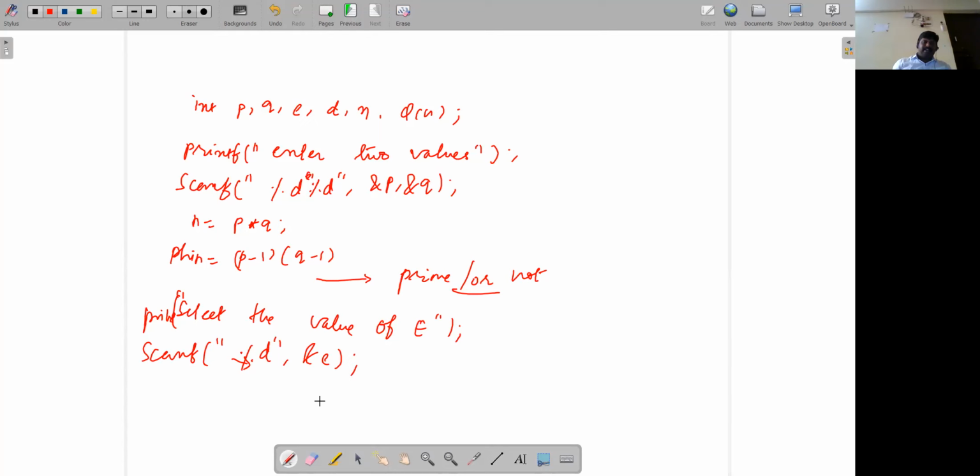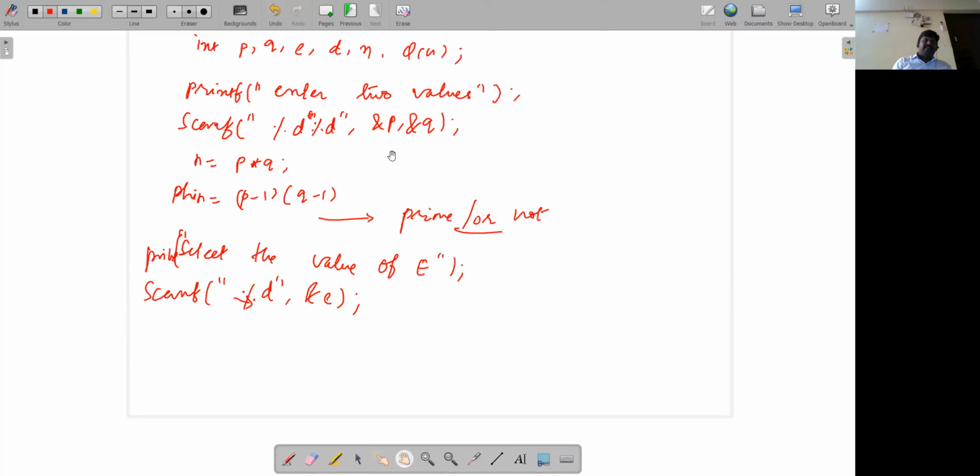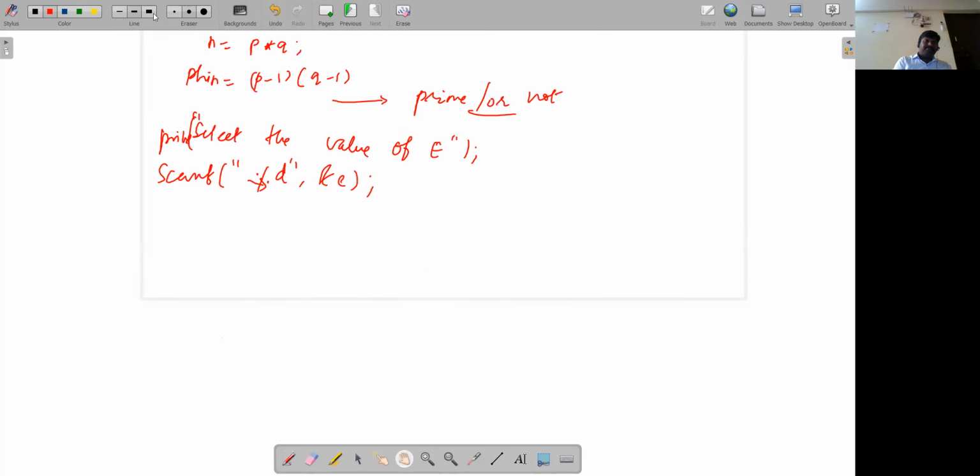Okay, so then later what you could do is that you could expand it further, right? So scanf, so till this part E, right? Then you just write printf, enter the value of M, right? If the E value is selected, you can give the E value as a prime number or co-prime between this E and pi of n, you can calculate manually. Otherwise, you can write the logic for identifying that GCD between this E and pi of n to be 1.